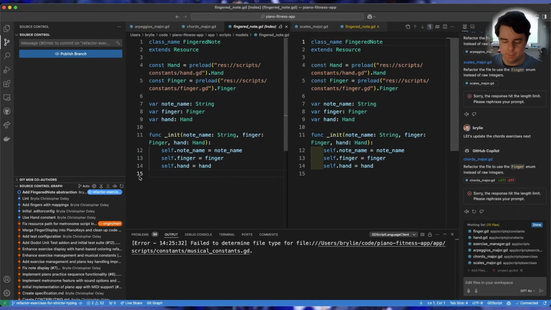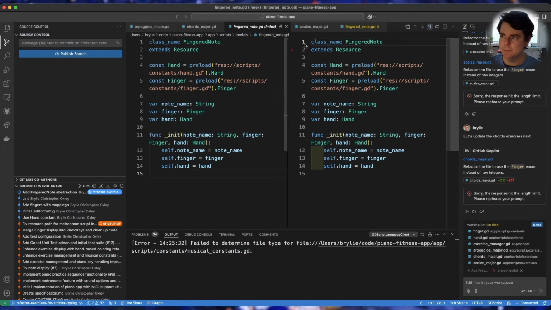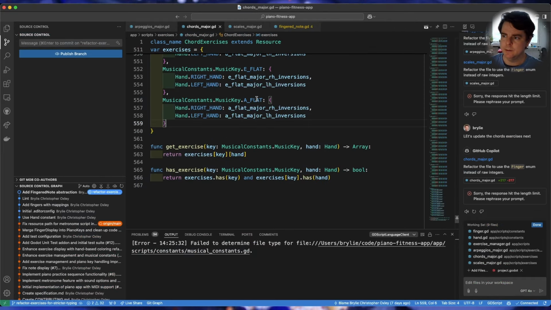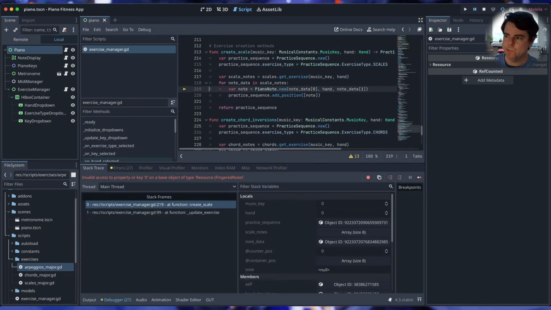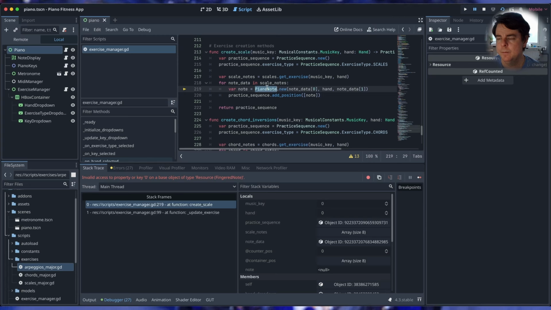I'll commit this so we can see the differences when we make the changes in the services that depend on it. So let's take a look real quick what errors we get. Okay, so it doesn't know how to work with, so the piano note doesn't know how to work with the note data, and essentially duplicating a little bit here. We don't need this now intermediary entity. We can use the fingered note directly. Our exercises are the fingered notes